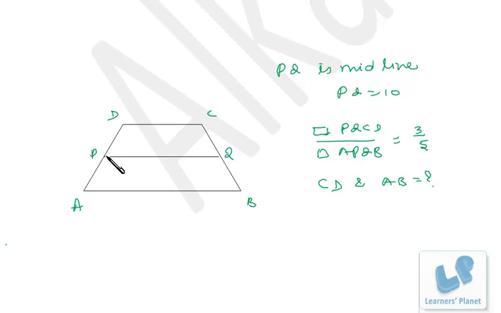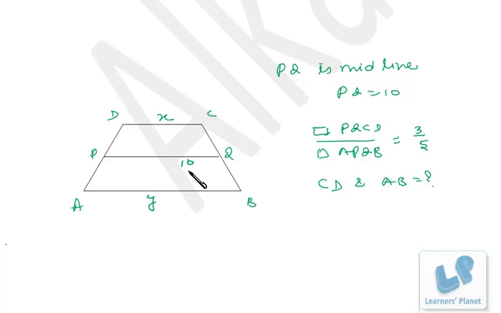The area of PQCD, that means the midline divides the trapezium into two parts, and the ratio of their areas is 3:5. We have to find out the lengths of the two parallel sides. Now what I do, I assume this to be x, this to be y, and this is already 10, that we know. As we have already discussed, the midline is actually the arithmetic mean of the lengths of the parallel sides,